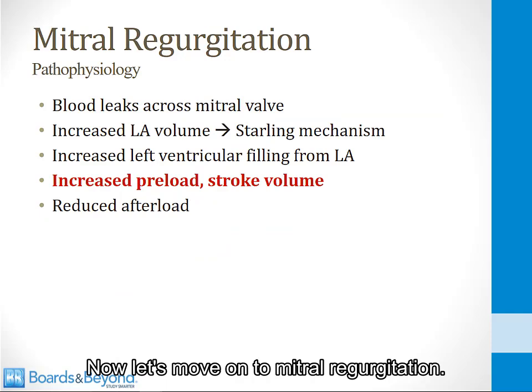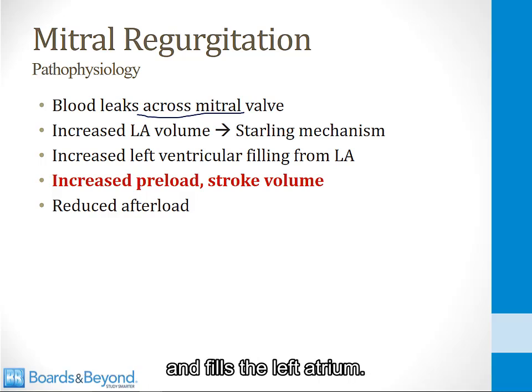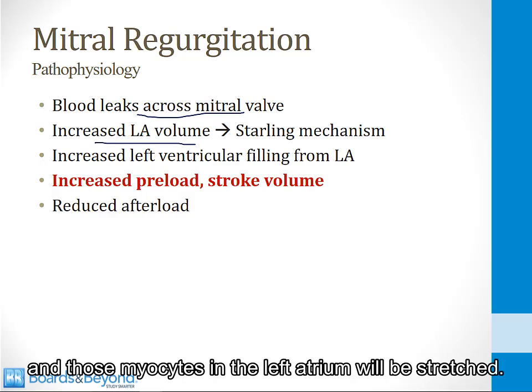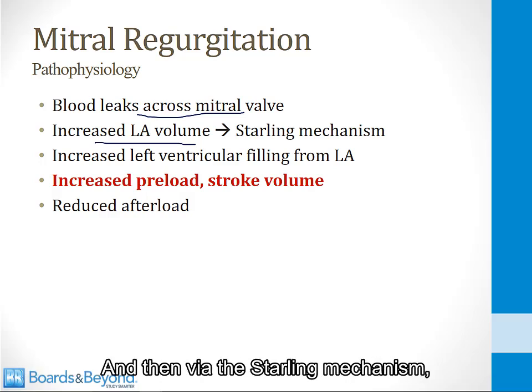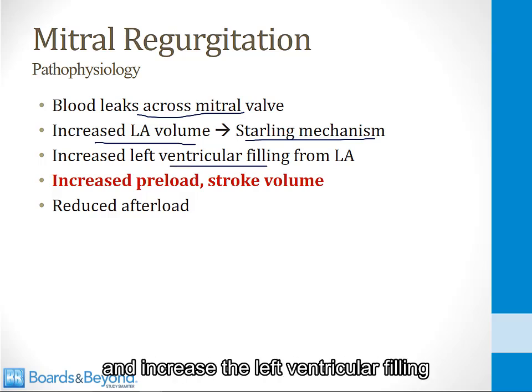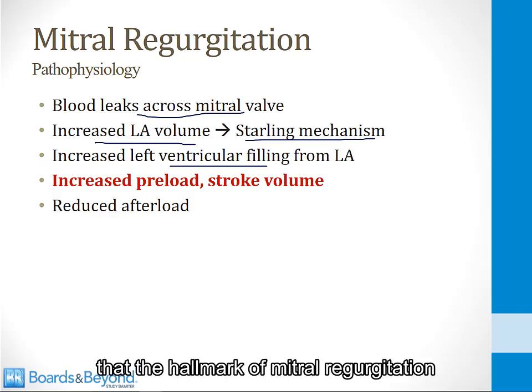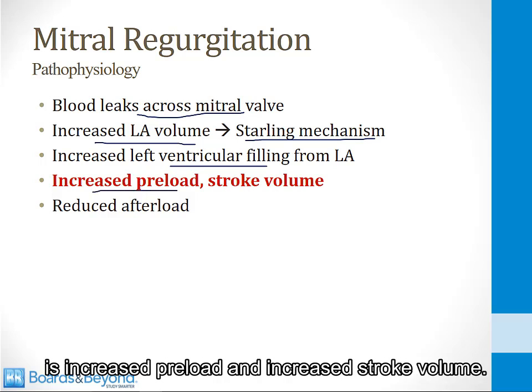Now let's move on to mitral regurgitation. In this condition, blood leaks across the mitral valve and fills the left atrium. This will raise the left atrial volume, and those myocytes in the left atrium will be stretched, and then via the Starling mechanism, they will pump more blood and increase the left ventricular filling from the left atrium. So if you understand this, it's easy to appreciate that the hallmark of mitral regurgitation is increased preload and increased